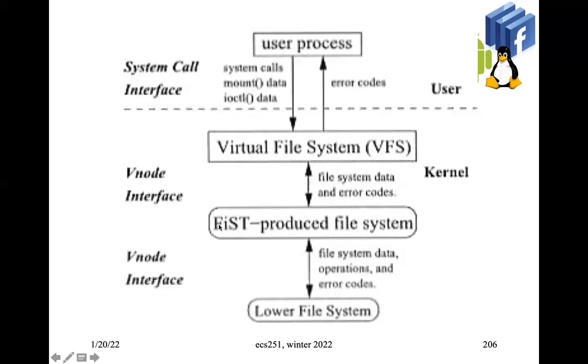So FIST is essentially making sure that I can have one layer of vNode on top of another layer of vNode. And in fact, from the programming perspective, you don't even need to modify the kernel. The way FreeBSD and Linux systems work is that when you want to introduce an additional layer of vNode, all you need to do is make a system call to load a module, another layer of VFS module, into